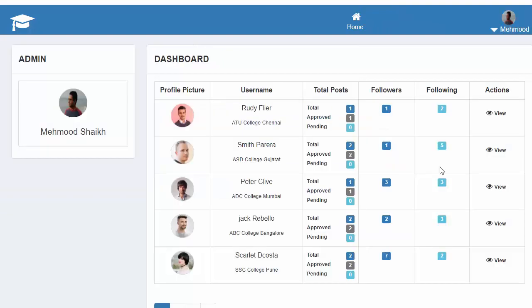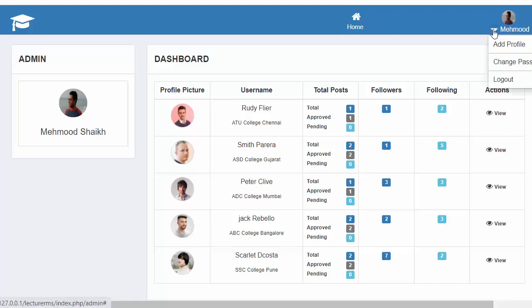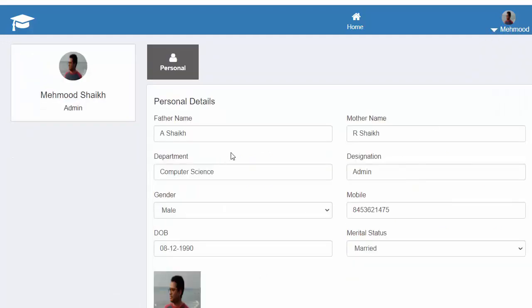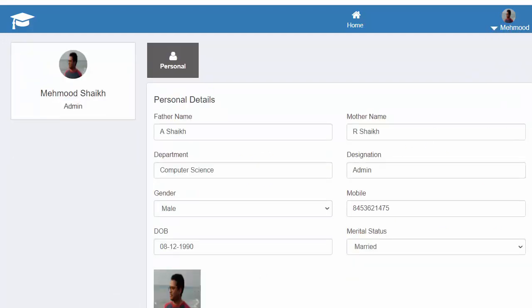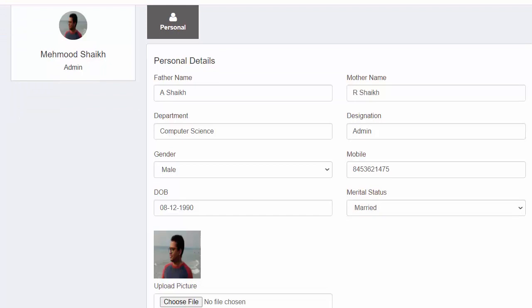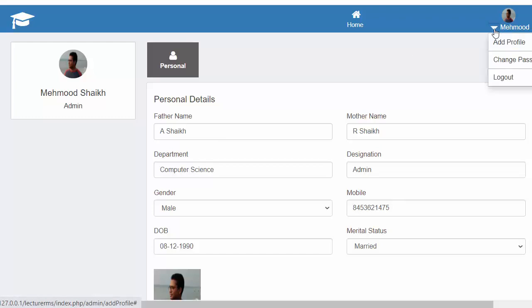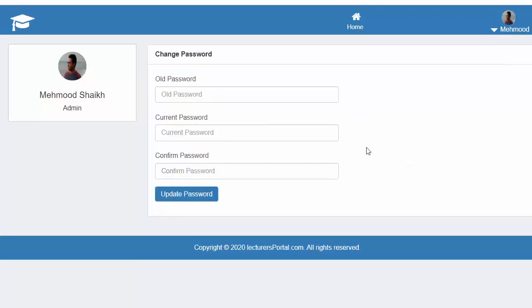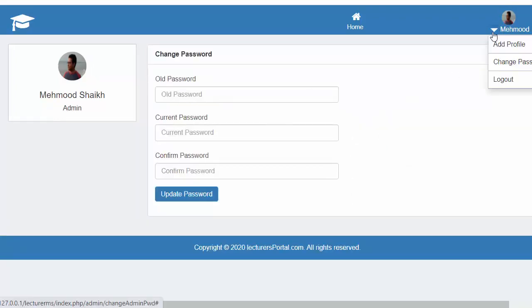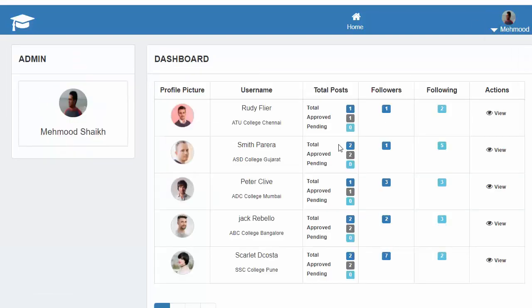Okay, so when admin gets logged in, this is the page. Okay, so admin can add his profile. So for the very first time when admin logs in, the admin will add their profile. And then admin can change their password. And apart from that, admin can monitor, admin can view